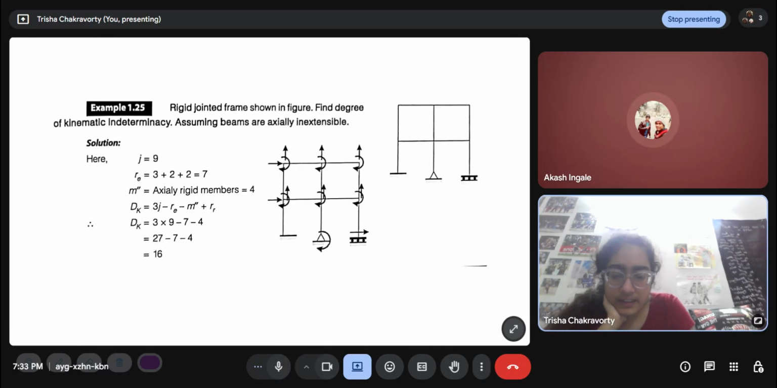Previous question. That is the actual rigid member is equal to 4. How much is that? So assume here it says that assuming beams are actually inextensible. So as I said,